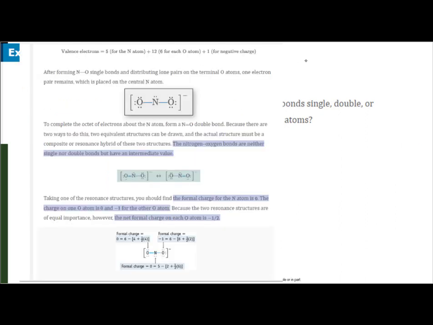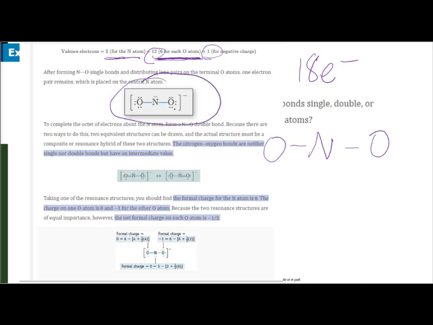Hopefully you found that there were 18 electrons to account for. 5 from the nitrogen, 6 for each oxygen, and there were 2 of them, so 12 for the oxygens. And then we added 1 more because it was a -1 charge. So if I just set it up with my N single bonded to an O, and I put all of my electrons around those oxygens on the outside, we would have the left oxygen is good and the right oxygen